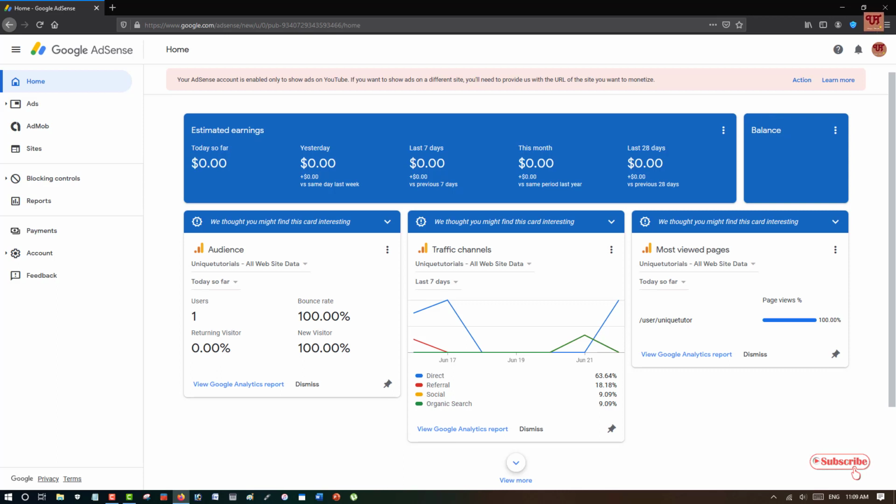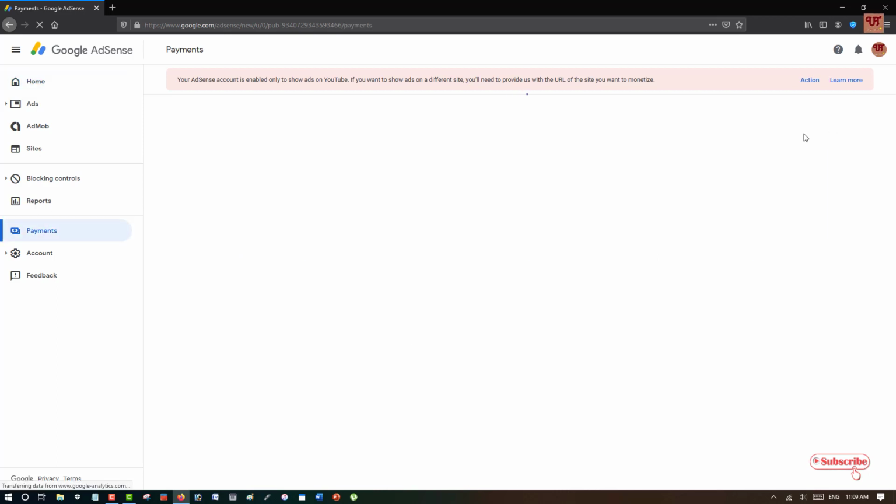And regarding the balance, that is the payments, let me go and click on view payments. So regarding the payments,